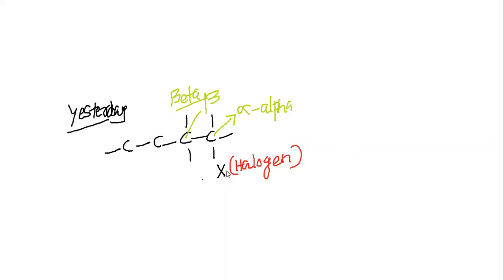So you can see that the halogen, if we look at the alkyl halide, and if we realize, we can see that the halogen which is bonded to the carbon, such carbon is known as the alpha carbon, and the neighboring carbon to this carbon is known as the beta carbon. This is how we studied about the alpha carbon and beta carbon, my dear students.